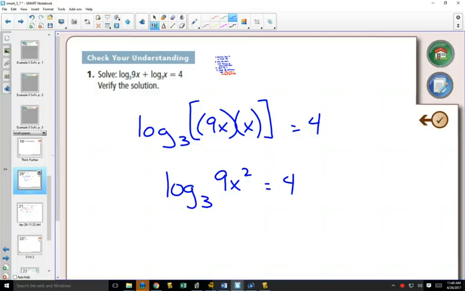Right here, you're looking at this, and you're like, I can't quite visualize what's happening. There's still some math to be done. Even though I know the exponent is 4, the base is 3, the answer is 9x squared, I can't necessarily see what x has to be. But if I change to exponential form using the definition, and this is the hardest thing to remember